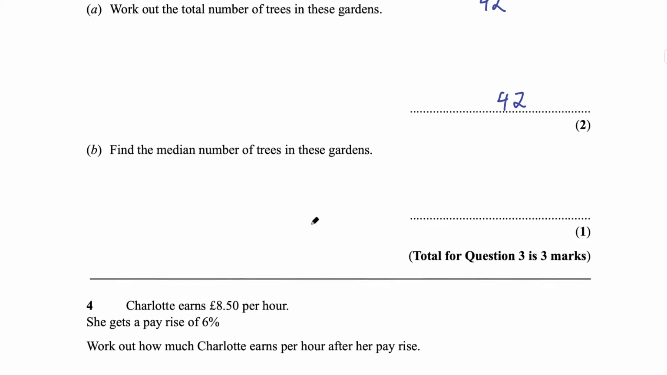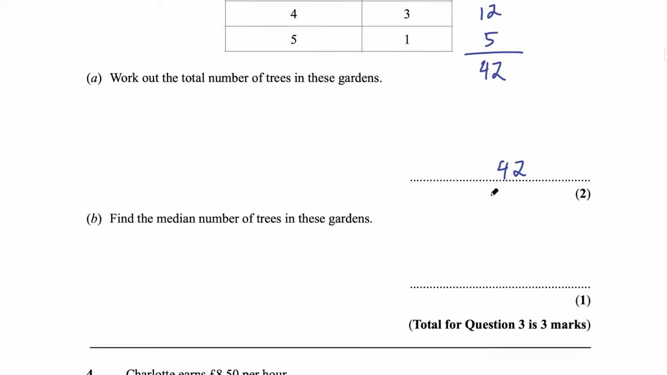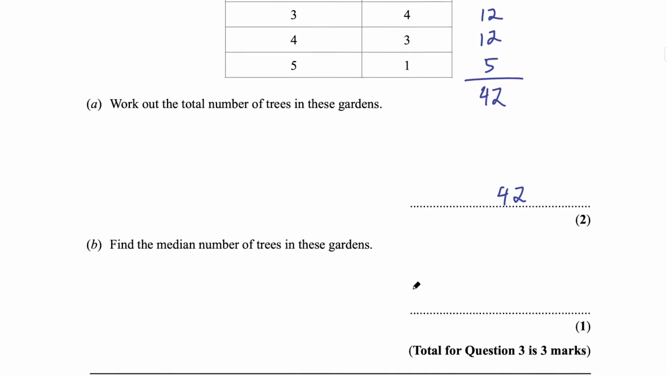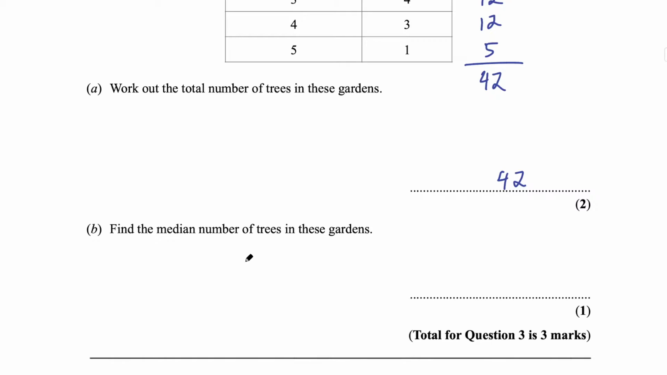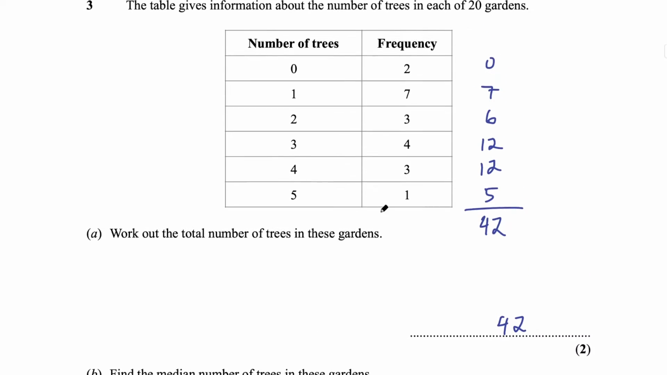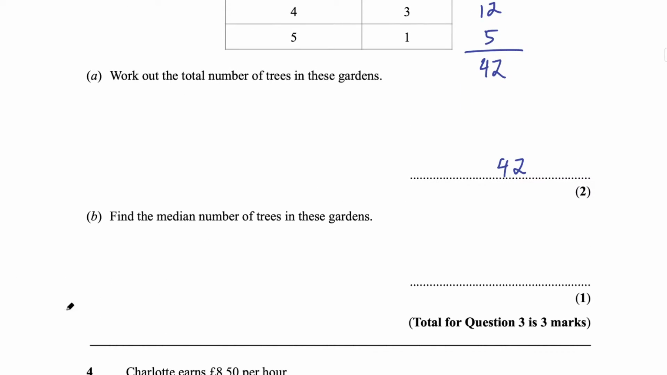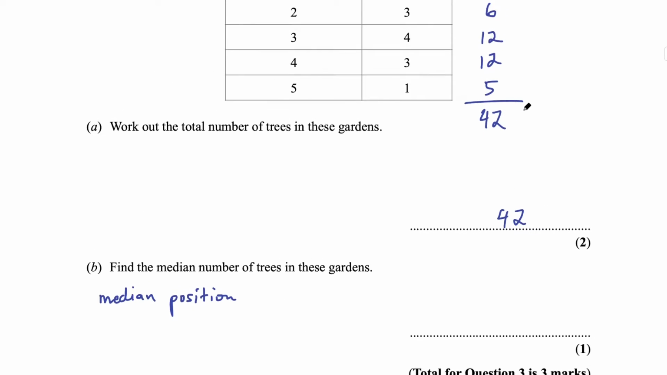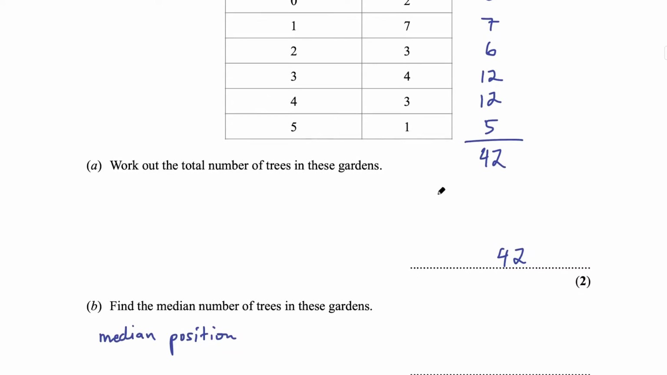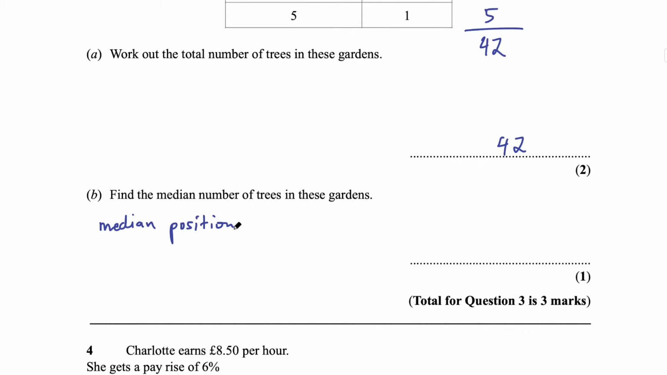Part B says find the median number of trees in these gardens. Well, the median is the middle value. So what does that mean for a frequency table? Well, the first thing you could do is work out the median position, and that involves looking at how many gardens we looked at. So it says in the question there were 20 gardens, so the median garden would be,